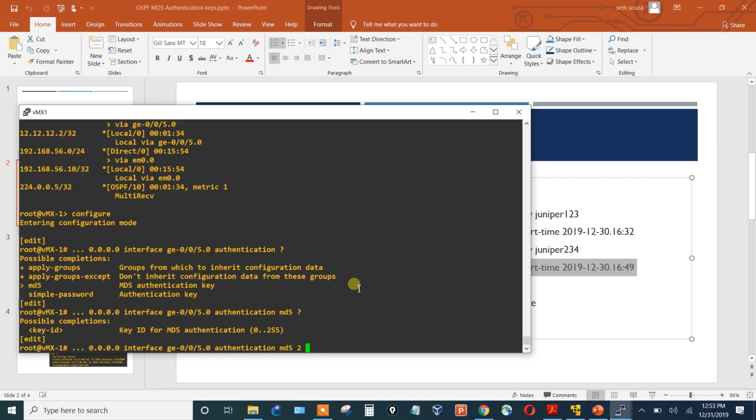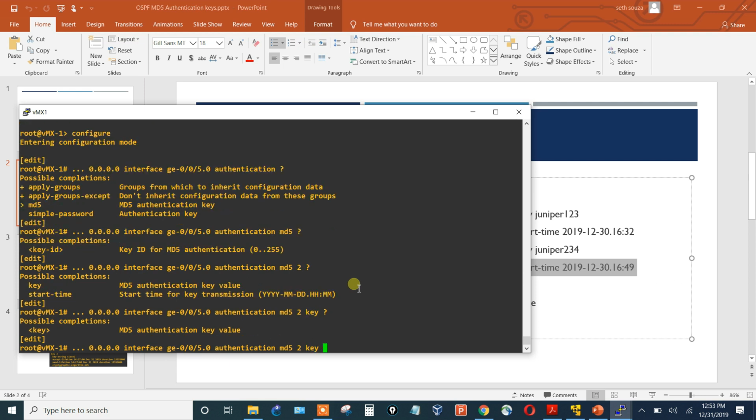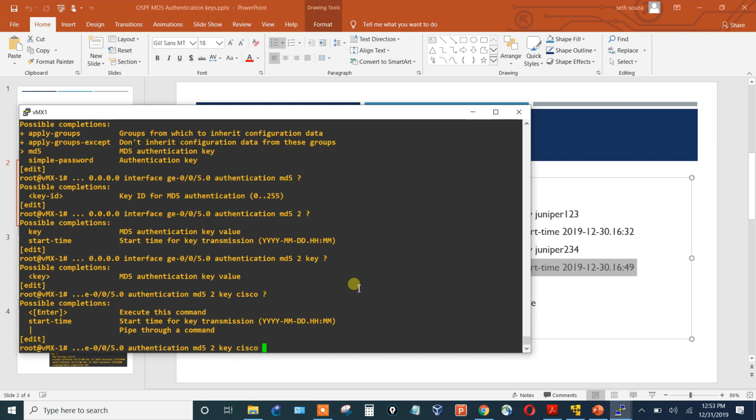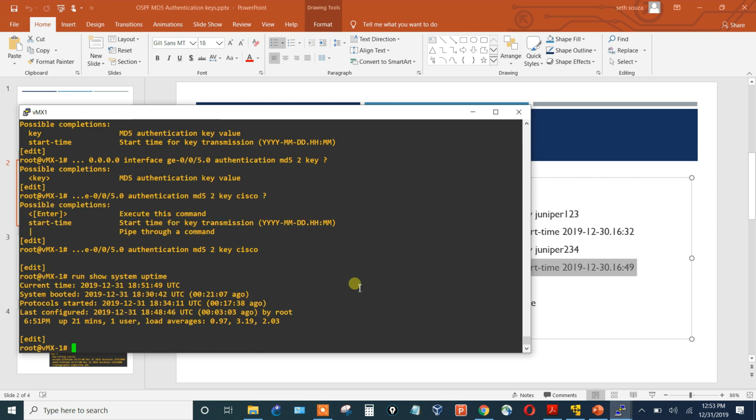I said I was going to create key 2, and then the key is going to be, I'll just say cisco. I could do a start time right now, or I could do another command with that. I don't know the exact start time right now, so I'll leave that off, and then I'll do a run show system uptime so I can get the current time, and then we'll say